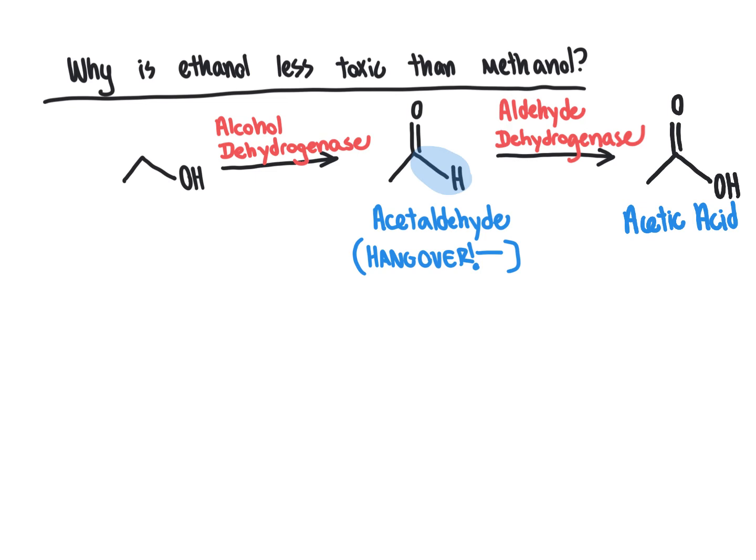Furthermore, as we go from the alcohol to the acetic acid product, we would expect acetic acid to be more polar than the alcohol because we have more oxygen atoms, more polar bonds in there, and therefore the acetic acid is very readily removed from the body through the kidneys, excreted in the urine. So this is the pathway for alcohol dehydrogenation, or alcohol oxidation as a synonym for that, with ethanol as our example molecule. What if we did this same reaction instead with methanol?